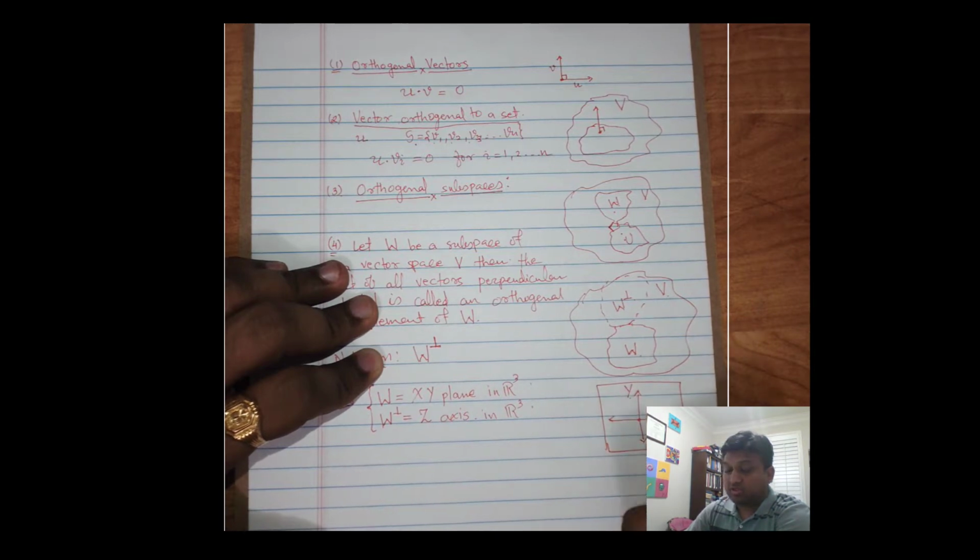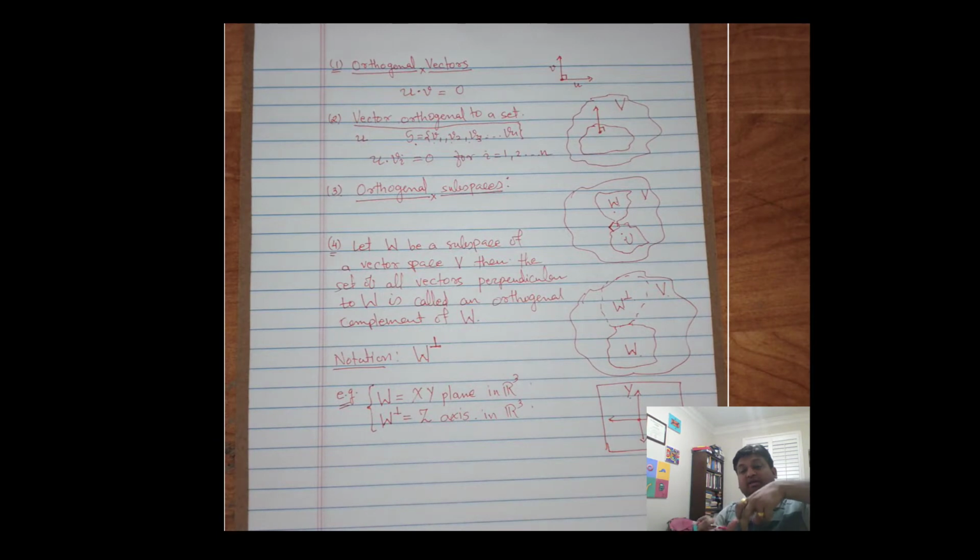Y-axis, it's also a subspace of R2. And as you see, using the x-axis and y-axis, vectors on the x-axis and y-axis, you can express any vector in R2. So that's the beauty of a subspace and its orthogonal complement. They both together form the entire vector space. Alright, so they are like a perfect partition of your vector space, and that's why we are interested in this very